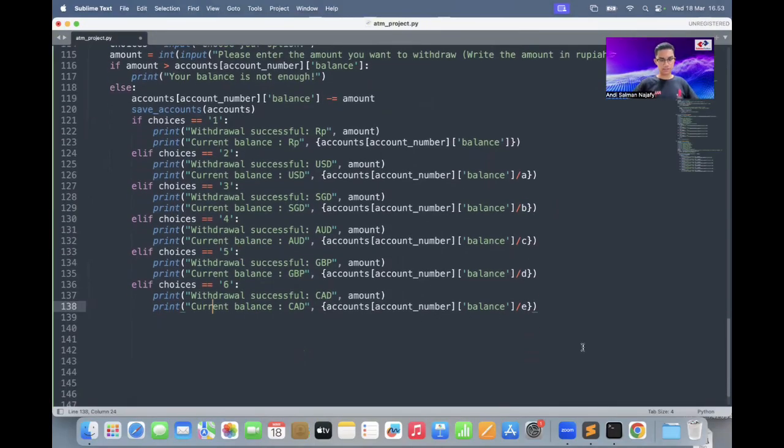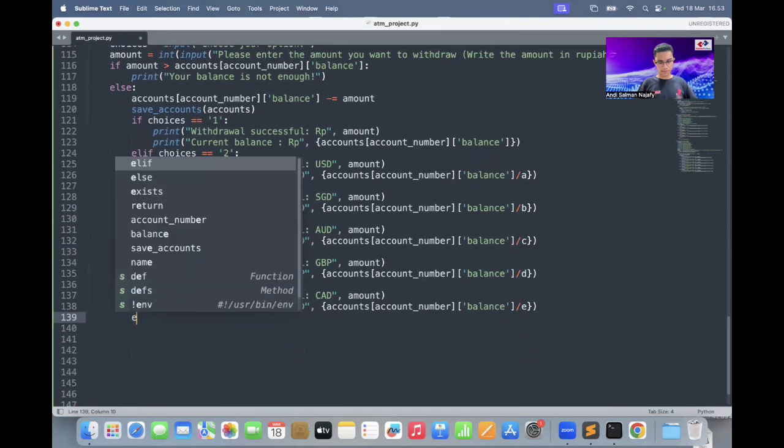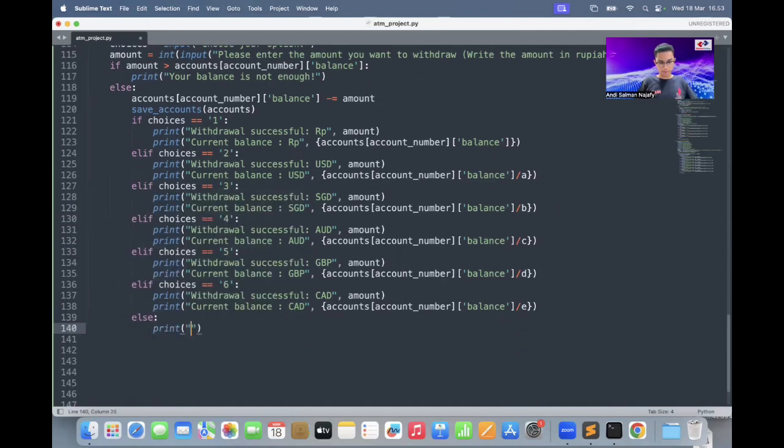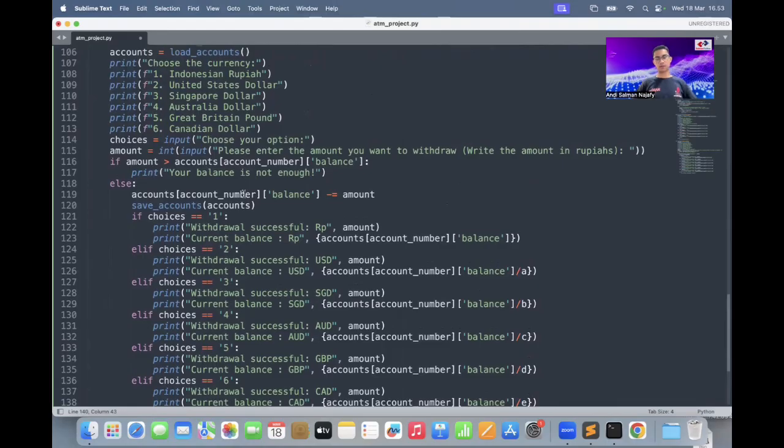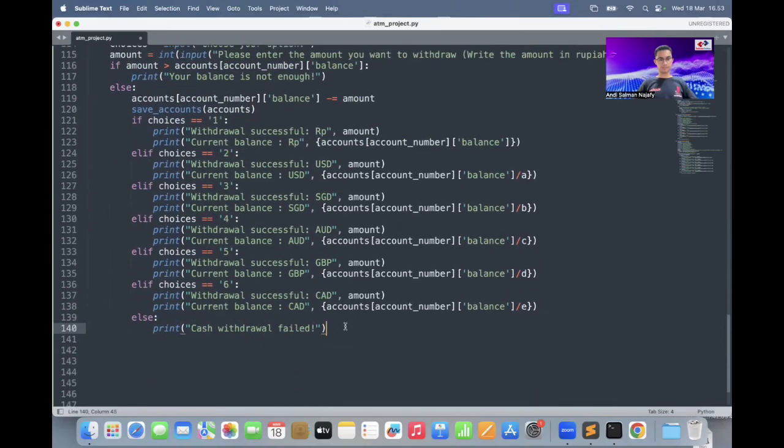All right, so let's get into the next one. So don't forget this comment else, print cash withdrawal failed, like this one, if we entered the wrong number besides 1 to 6. The next one will be for deposit. So for deposit, don't forget to define the parameter which is account number, and then we can write accounts, load accounts, amount, int,